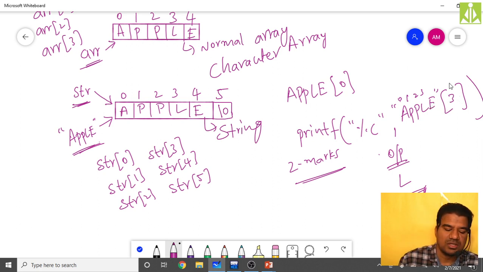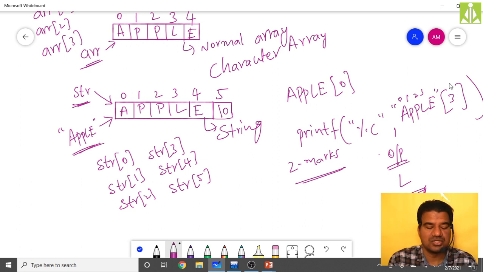Hopefully you understood. It is somewhat an advanced concept, but being a CSE student you need to understand all these things. If the string name is the reference to the first element, using the index you can access all the elements from the string.